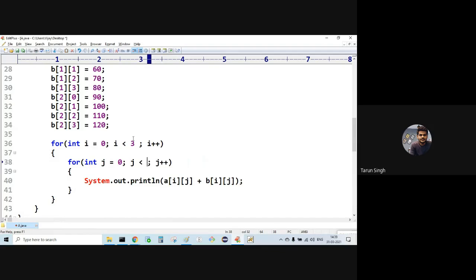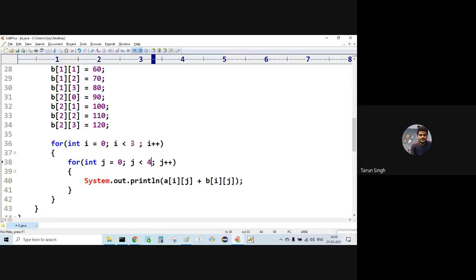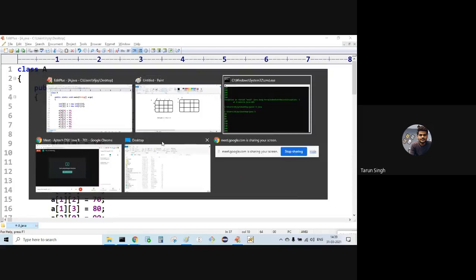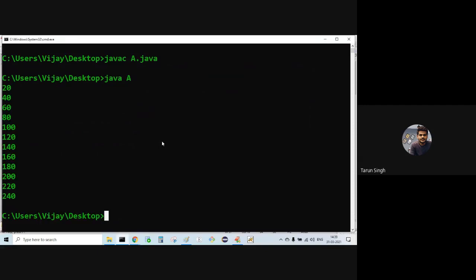It's 4, sir. I is 3 rows, 4 columns, starting from 0. It should not get array index out of bounds.